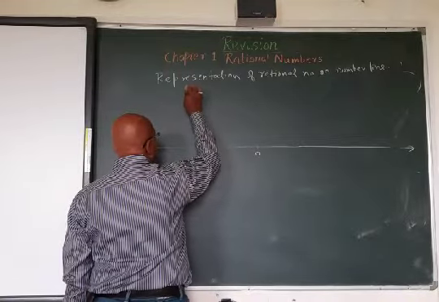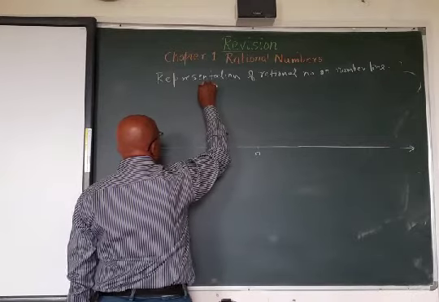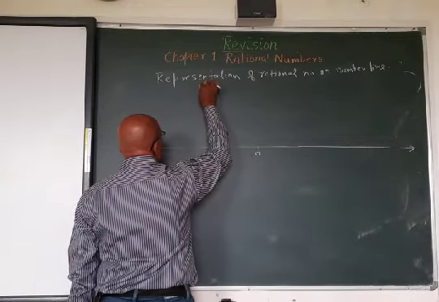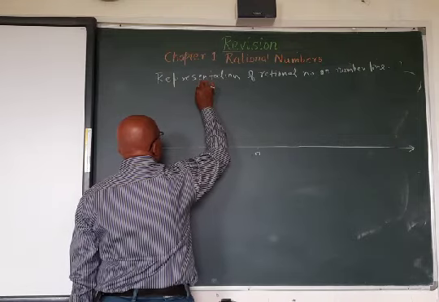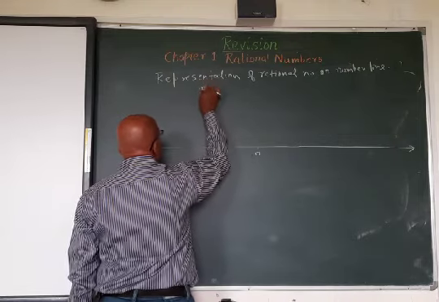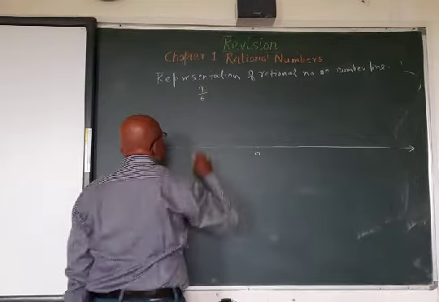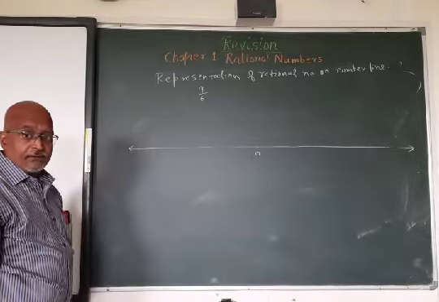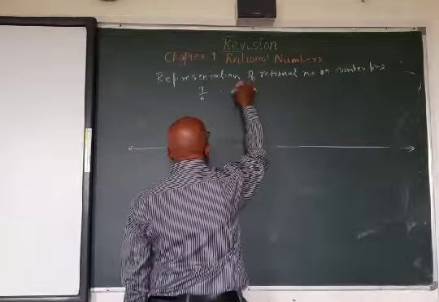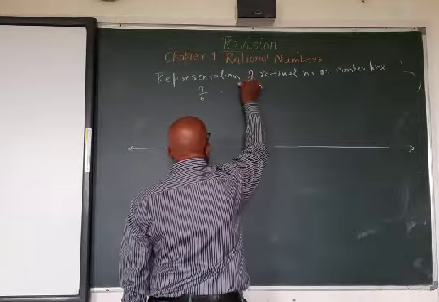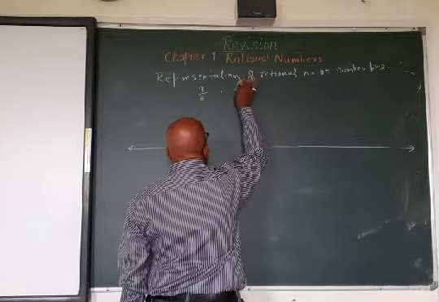So first I will take the negative one, minus 9 by 6. And the second number I will take as a positive number. Say let it be 11 upon 3.